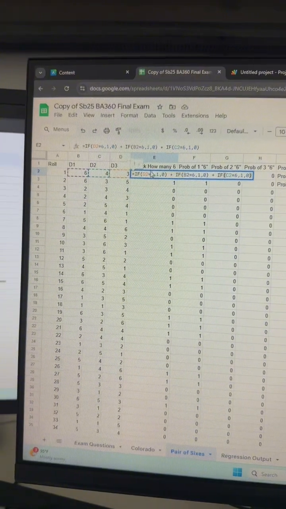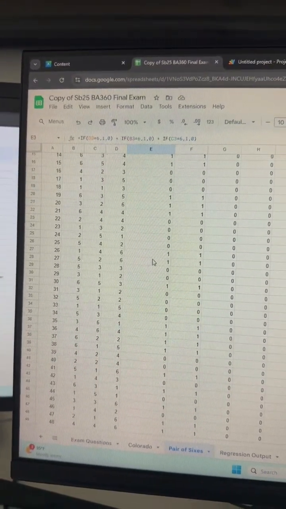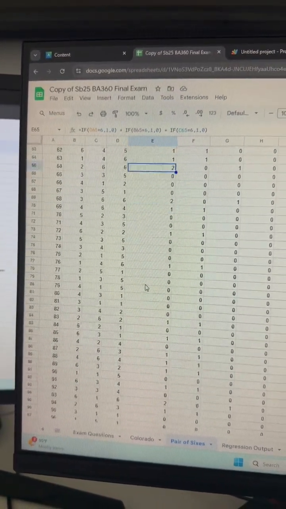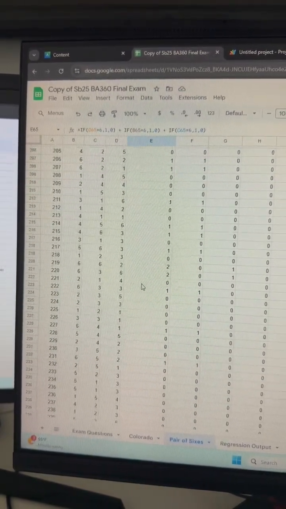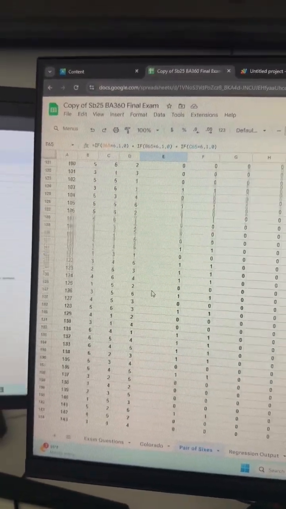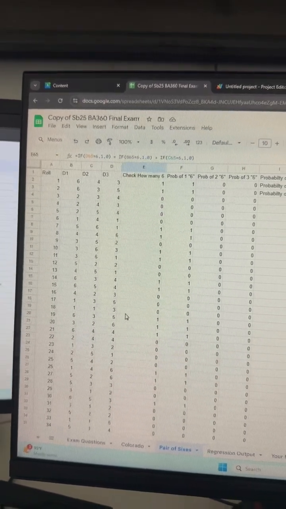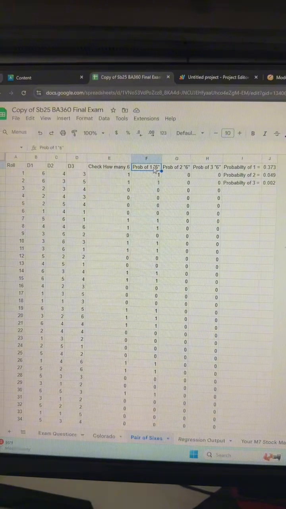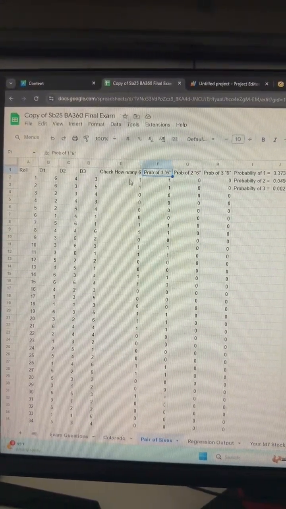So if there's one 6, there'll be a 1 in here. But if there are two 6s, just scroll down and probably find one, it'll show 2. And for the small chance that it shows 3, I cannot find one, but if there are three 6s, it will show 3. And then that is the checking to see how many 6s I have. And then the probability, this is the first of 2 steps to find the probability, is going